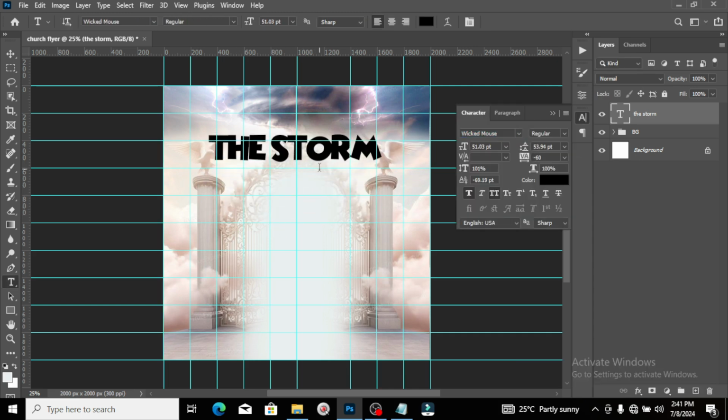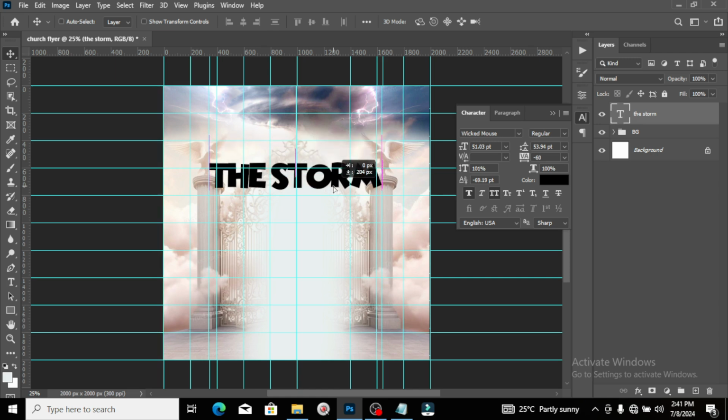Okay, so I believe this is quite great. I'm going to drag this line here to touch that side of the text, and I drag the line again to touch that side of the text. If you cannot see the line, use Control R. I will bring all those lines at the size of it. So I believe this is awesome. I'll drag it down, and then now also, guys, we need